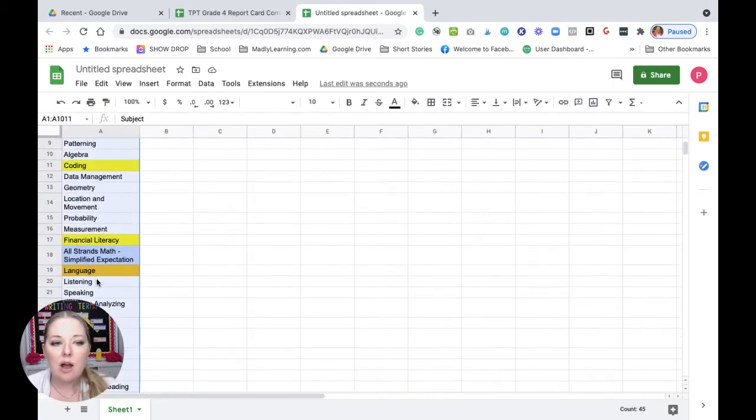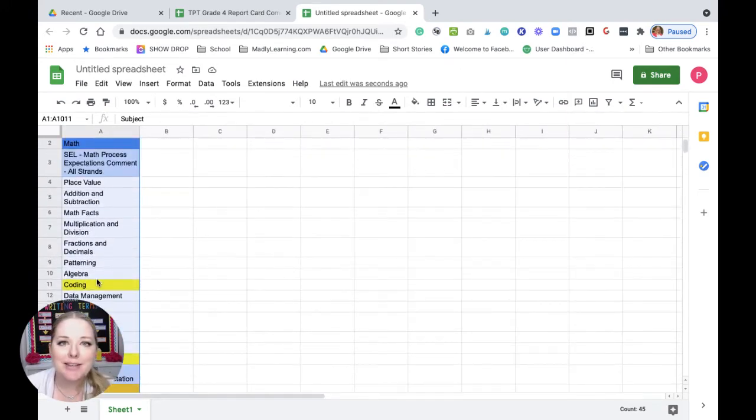So now, would I be writing comments for, say, this final report card for June? Would I be writing comments for each one of those expectations? No. But this is a comment bank that I would build over the year and add to it. So I would know if I had a comment, if I'd already commented on place value for the progress report, there'd already be a comment there. If I'd commented for, say, multiplication and division, I would have already commented there. So there would have been a comment built in my bank for it, or I could go back to it.